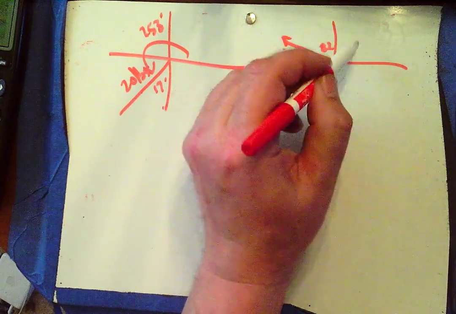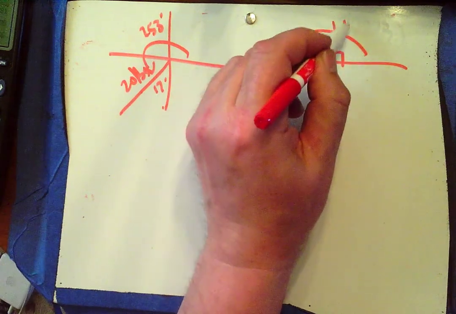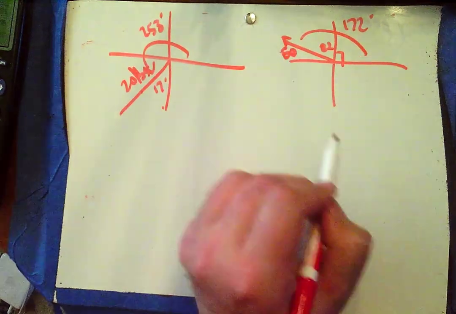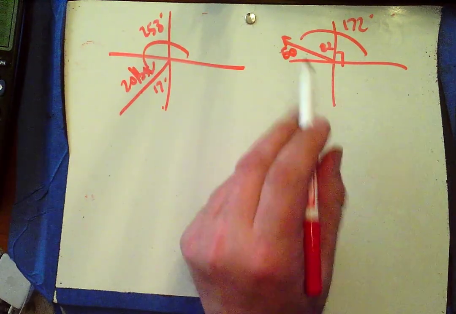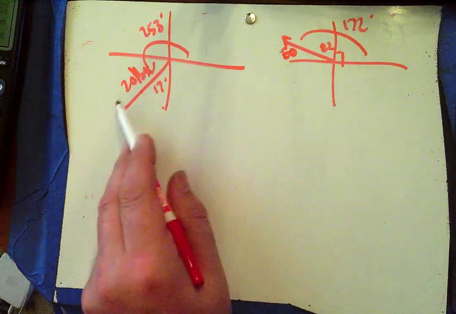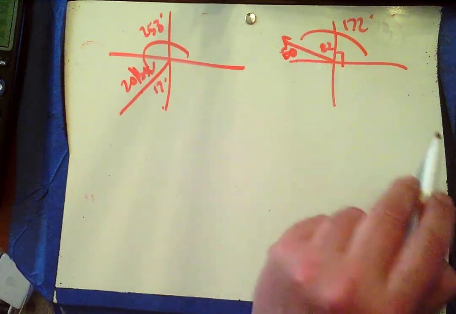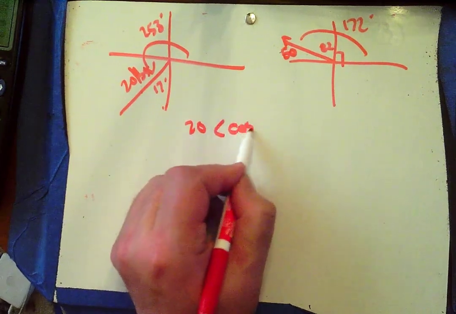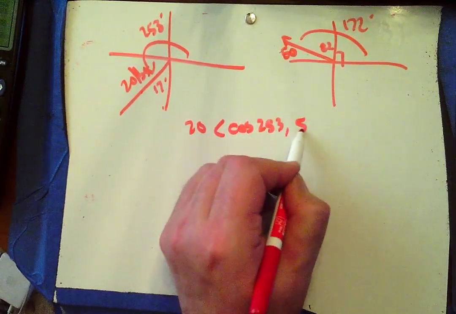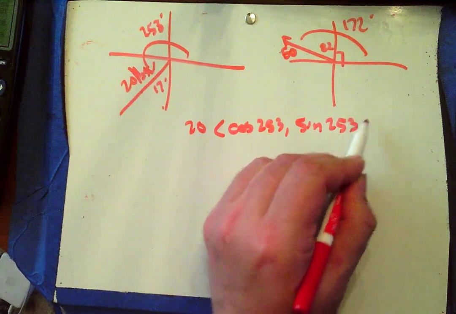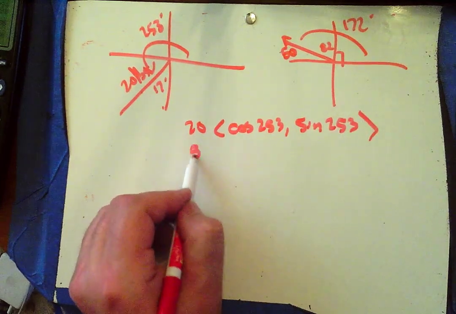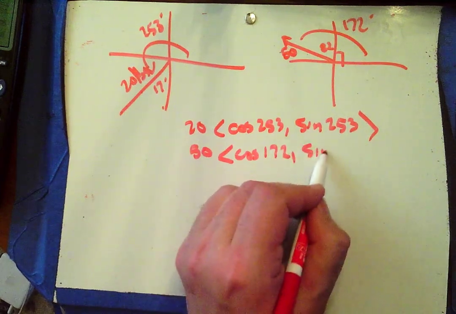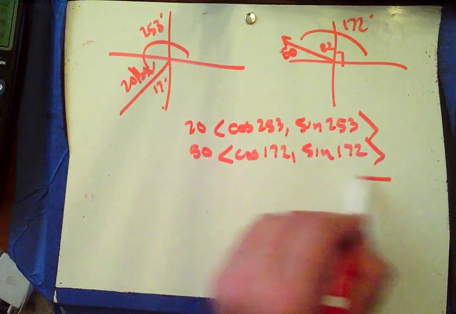This is 82, this is 90, so this is 172 degrees, and this is a much bigger force of 50 pounds. So even though I've drawn them not to scale, this is a much bigger force. Okay, so I'm going to say 20 cosine 253 sine 253, and then 50 cosine 172 sine 172, and add